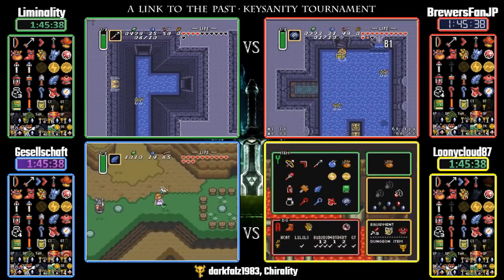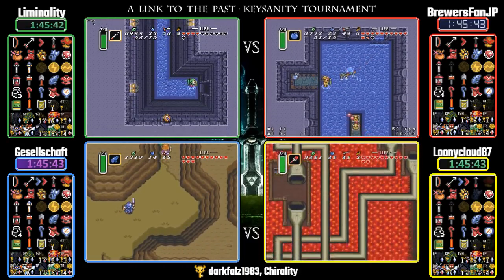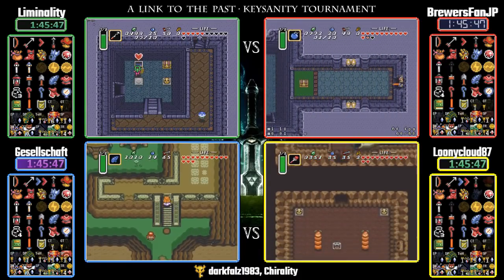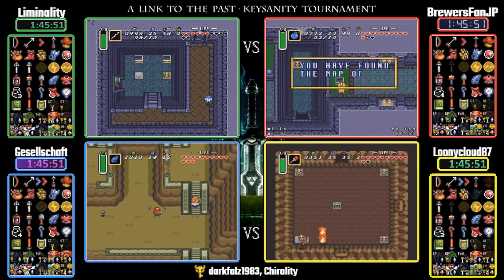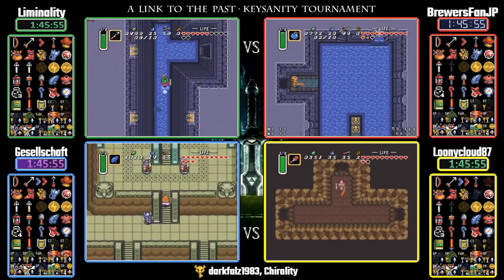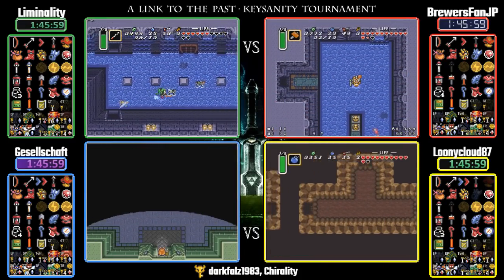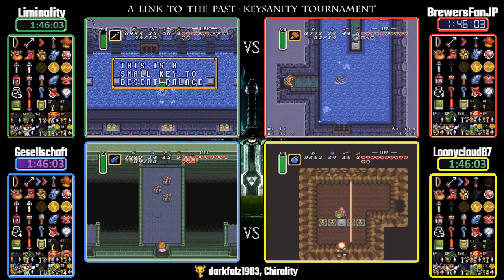Now, Brewers and Liminality are still extremely close. They're both going to get the go mode at roughly the same time. They have to do pretty much the same exact thing, so they are going to be pure execution. Brewers can get a little bit more of an advantage if he decides to skip the left side swamp, which Liminality actually did. But at that point, skipping it is like, we obviously know what play is the better one,